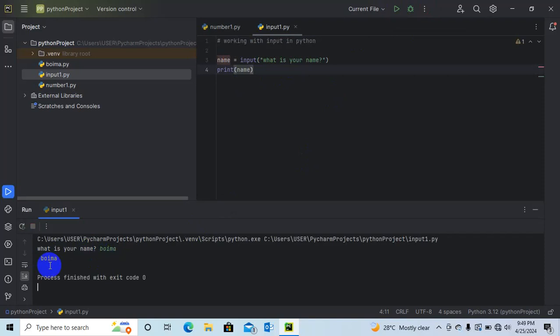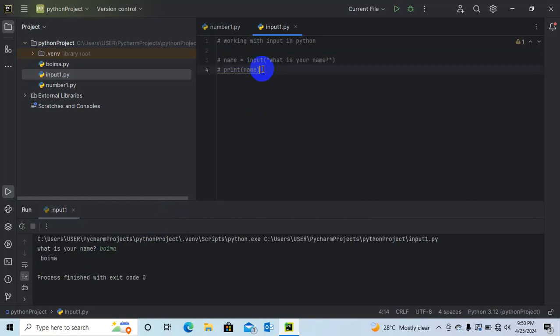Now, what if I want to use concatenation, where they ask me what is your family name, and I say my family name is so and so, then it prints out your family name is whatever I entered. How do I do that using concatenation? Let me comment this out so that we do not get confused.